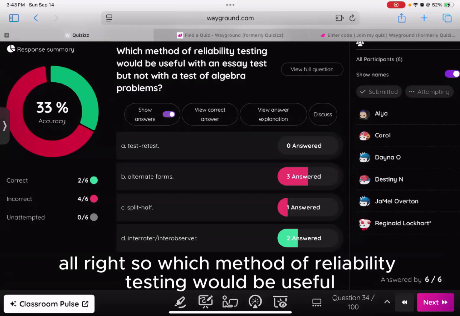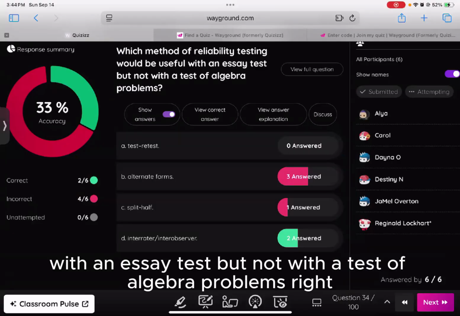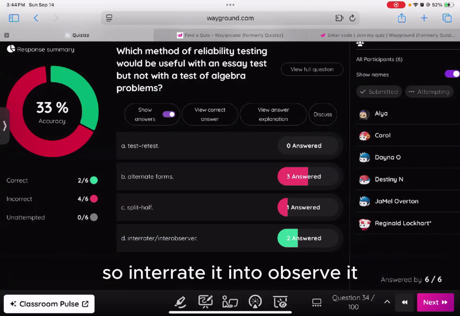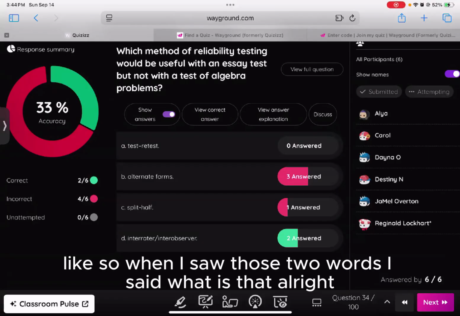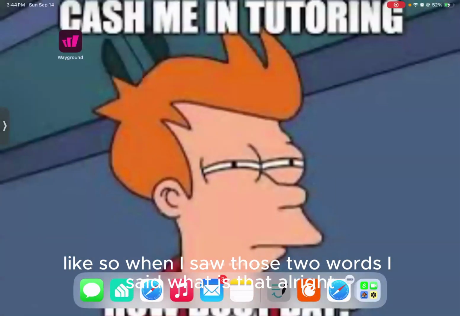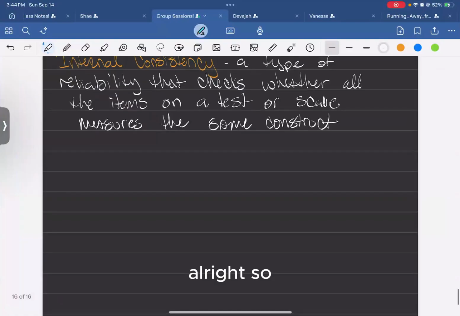All right, so which method of reliability testing would be useful with an essay test, but not with a test of algebra problems, right? So interrater, and I know someone is going to have questions about that, and that is fun. Like, when I saw those words, I said, "What is that?" Right? All right, so